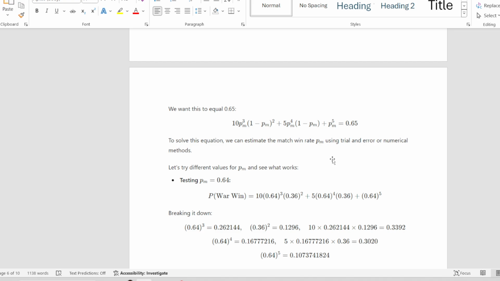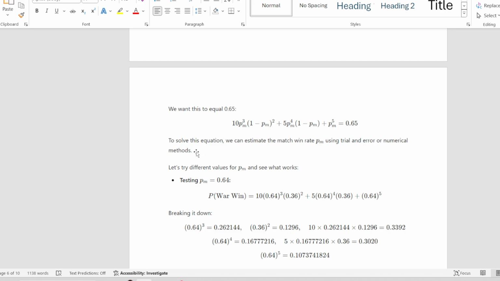If you're wondering where that number comes from, I figured it would be best to start with what your minimum war win rate would need to be to make playoffs, which is about 10 out of 15 weeks. If you win 10 out of 15 weeks, you should probably make playoffs. That's about a 66% war win rate over that season. So we just made it 65 for simplicity's sake.